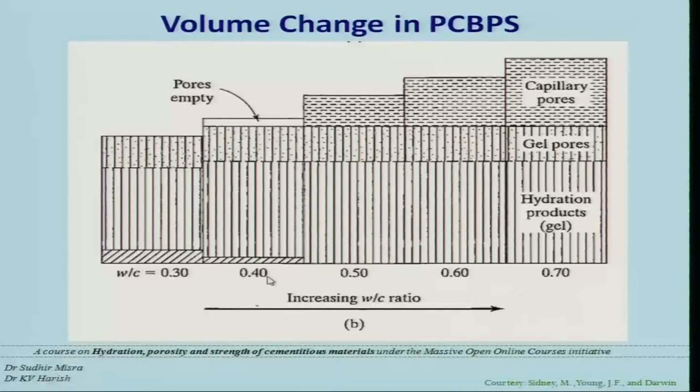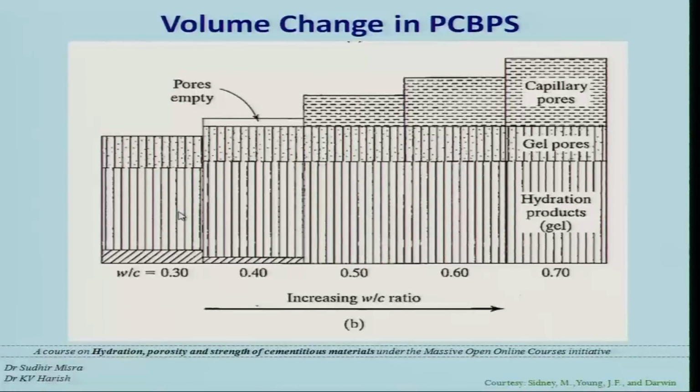With increase in the water to cement ratio, you find that you have some unhydrated cement grain, you may have hydration products, and you may have gel pores. If you increase the water cement ratio, the unhydrated cement grain decreases, and at some level you may attain 100% degree of hydration,